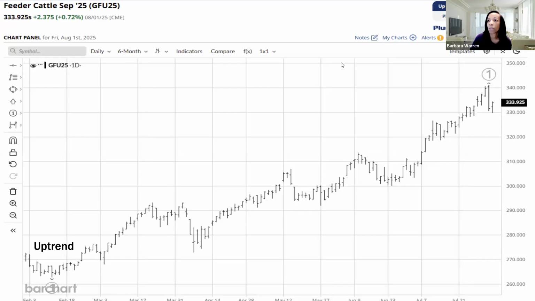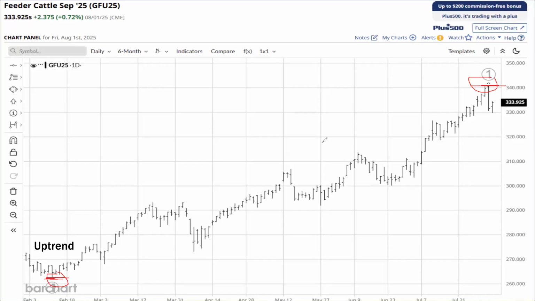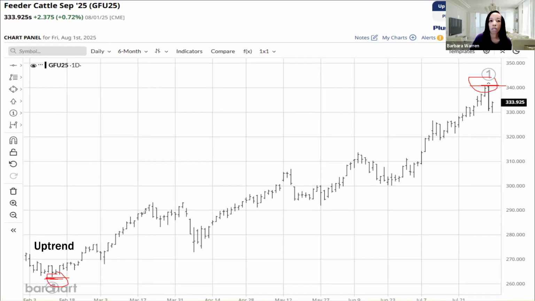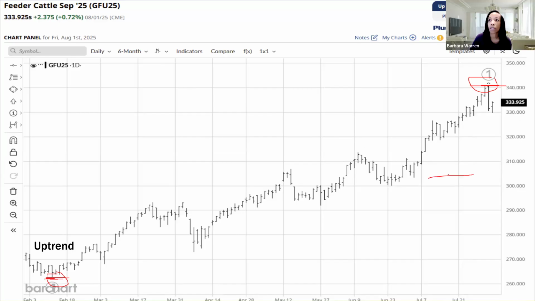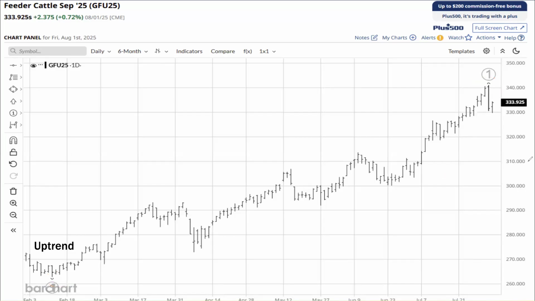Let me do this right quick. Right here, you see this? This is the lowest price. This is also a number 1, but it's the lowest price right here. And this would be the highest price right here. See those half moons? Oh, so that's where you're using. Yeah. So you take those two numbers, add them together, and then divide that number by 2, and it puts you somewhere in this area right here. So that's how you get your 50%. And that's for any chart that you come on.